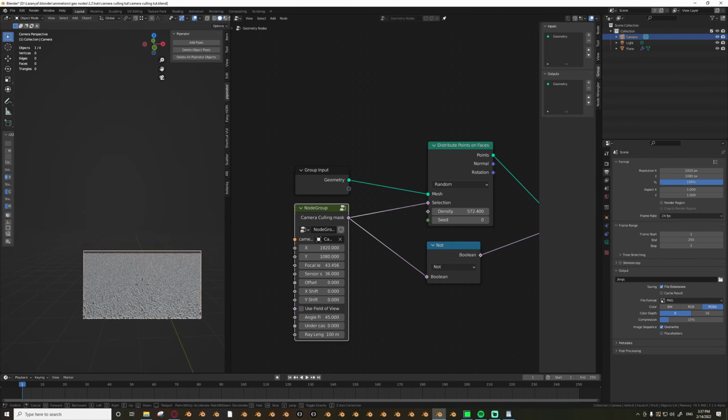Hello everyone, today we're gonna make a camera culling node group for geometry nodes using raycast with some parameters to